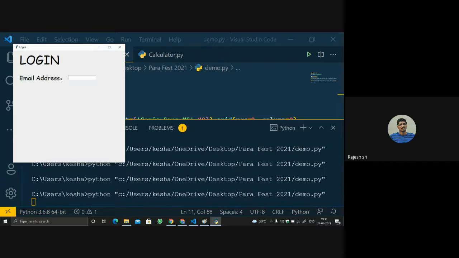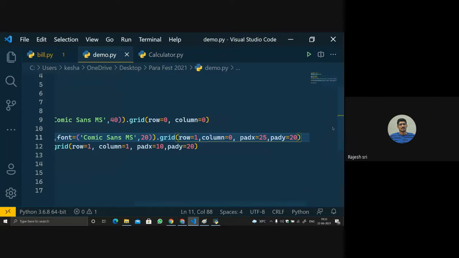See, the distance increased, but the size of the entry is the same. It did not change. Is it something we can shortly say as a tab, which we use in the Word document? In order to maintain the right spacing in the same sequence, we can use this padding. Yeah, you can use it.